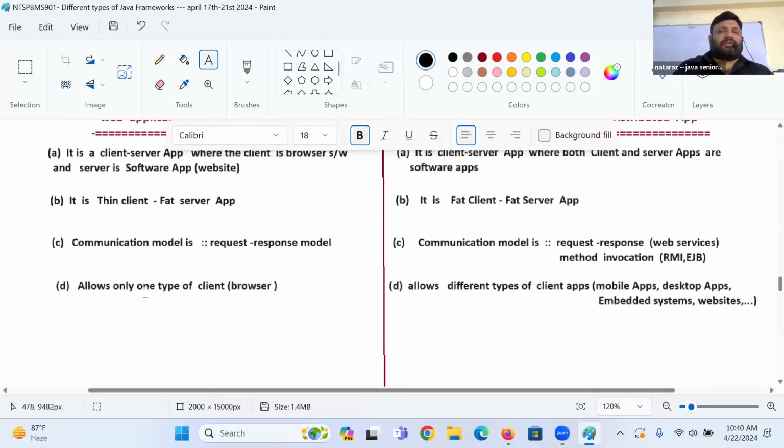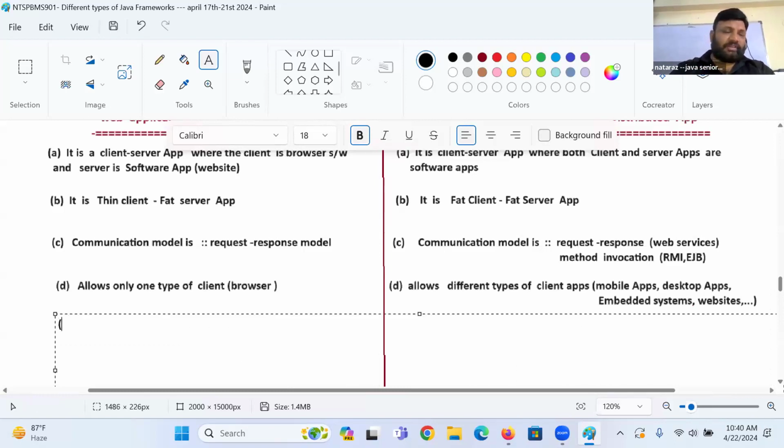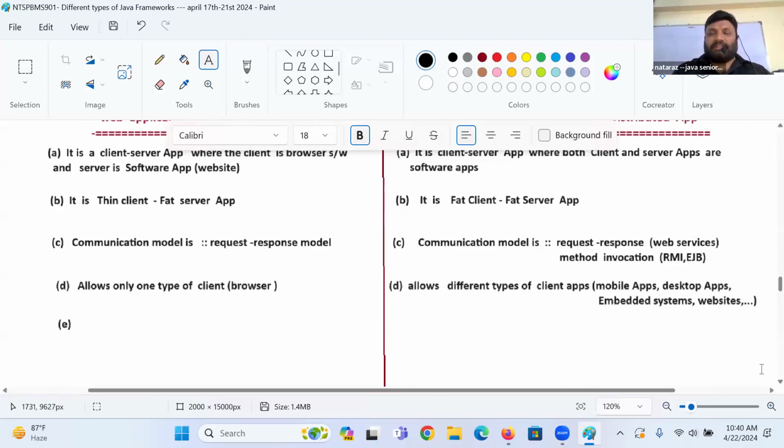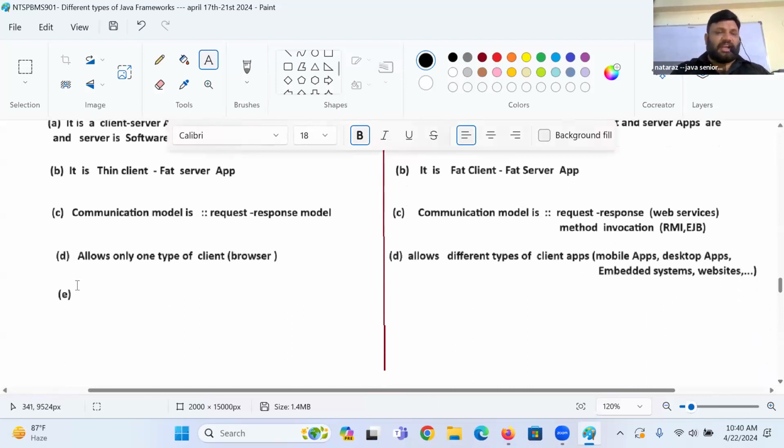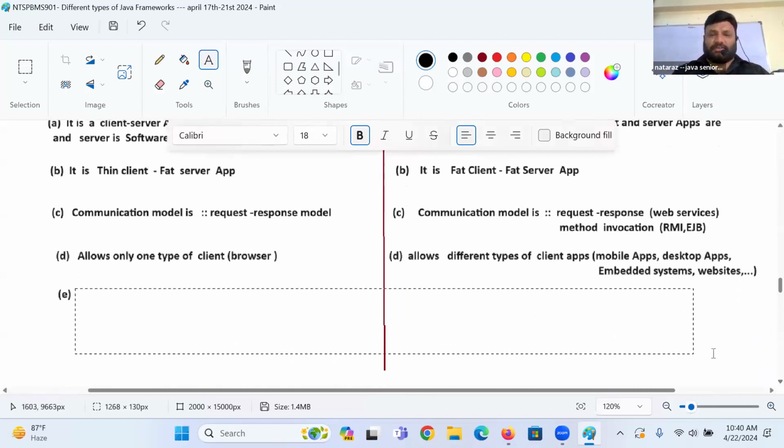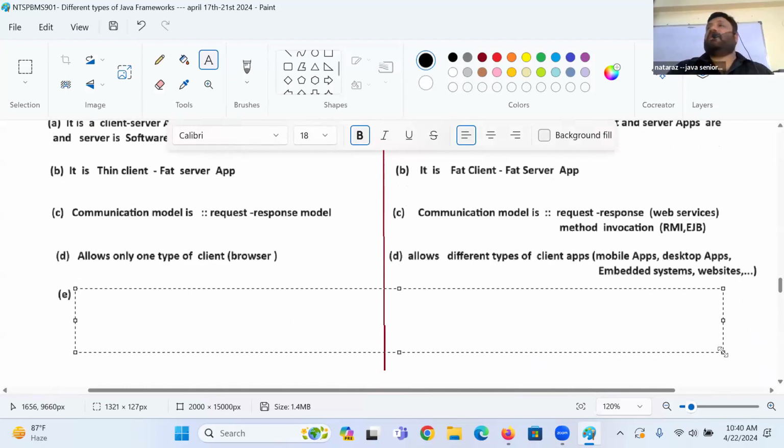Okay, guys. To develop embedded system application, what is required? C, C++. Okay, a lot of other software also required, guys. C language, embedded C is there. Embedded C is there that we have to learn. And a lot of other things also there to develop embedded systems. Tell me next one. Any other differences there?